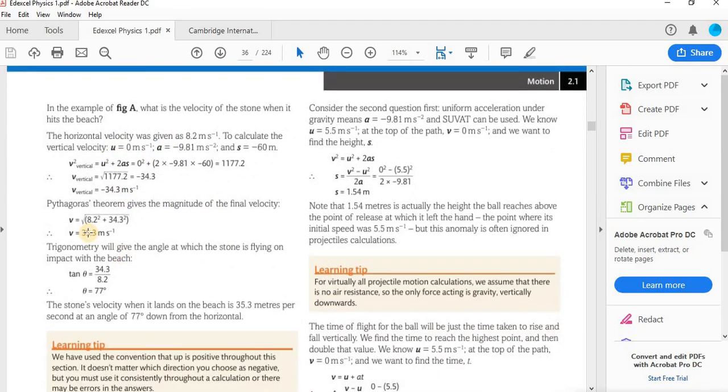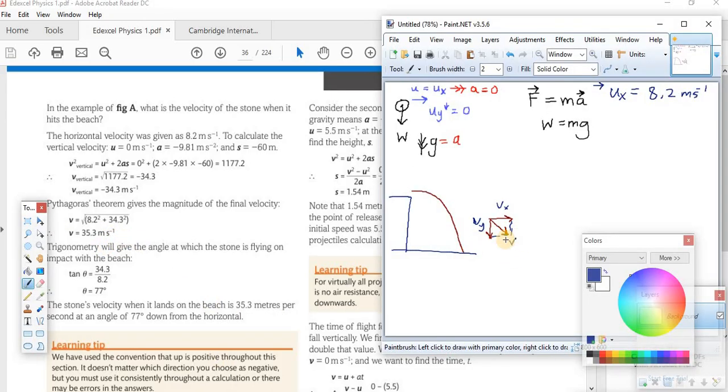Then we can use Pythagoras theorem to find the resultant velocity, which is this velocity v here. So this we can find using this equation here. And then once you know that, this you already know, vx is the same throughout the motion. It is 8.2. So we use that 8.2 and 34.3, which we found here, and then that will give us 35.3, which is the actual velocity, the resultant of these two, vx and vy. So this is the velocity that it will hit the ground with. That is 35.3, and the angle